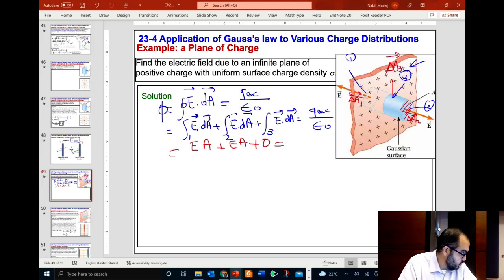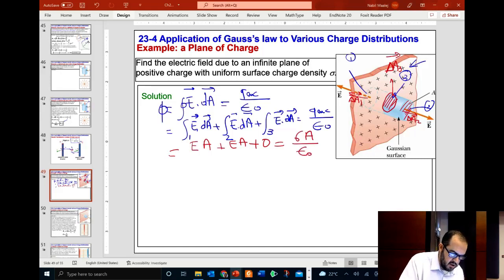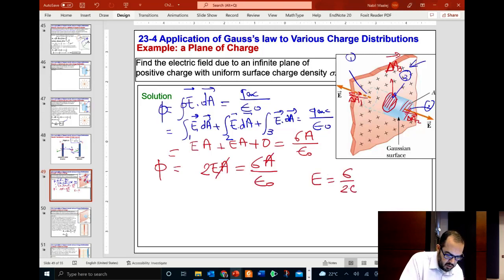And we said in order to determine the charge enclosed by this cylinder, this is the area that is enclosed, that has a charge. It has an area A. Since we have the charge per unit area sigma, if we multiply it by A, we will get the charge. So this is equal to sigma times A divided by epsilon 0. So we end up with the flux, EA, is equal to sigma A divided by epsilon 0. The A's will cancel, and we obtain the electric field is sigma over 2 epsilon 0,